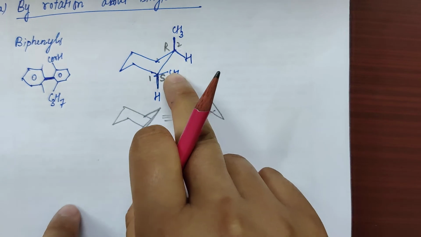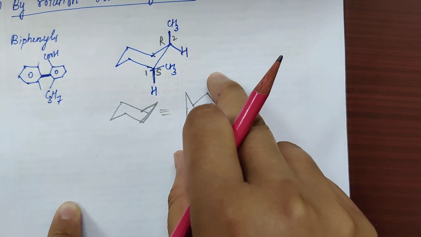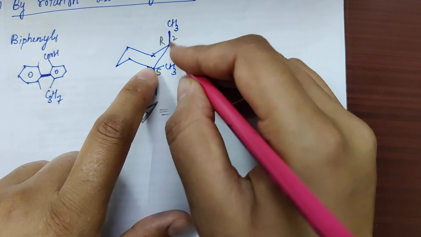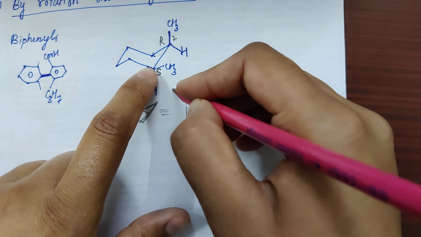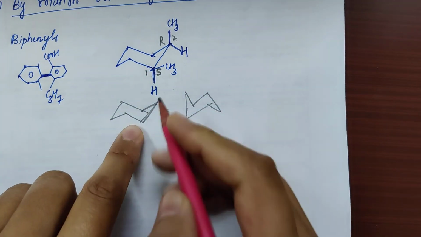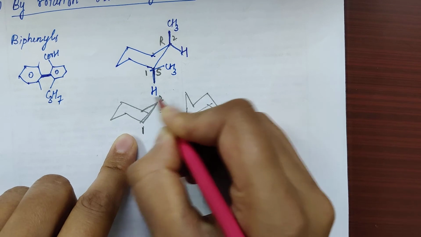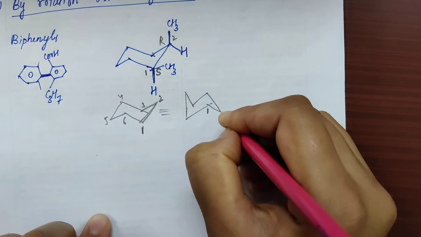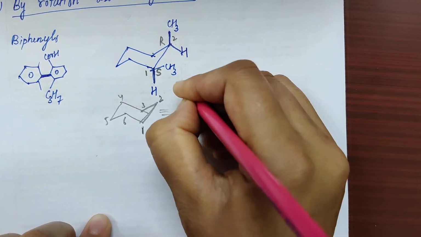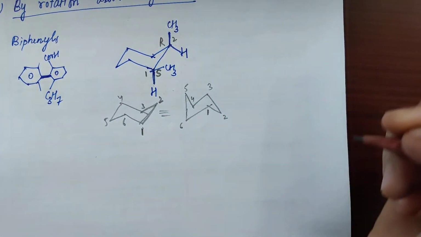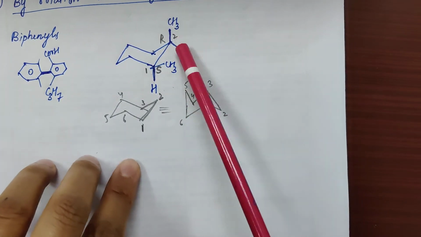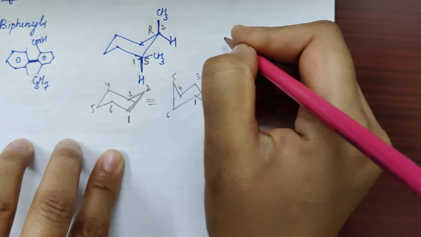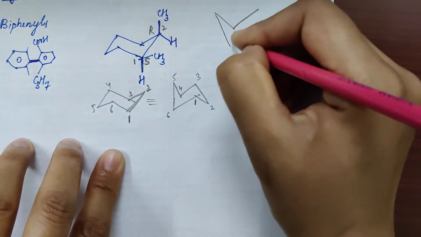If you provide enough energy, this ring will flip, and this carbon will come on this side. मतलब ये जो कार्बन, let's say this is number 1, this is number 2, 3, 4, 5, 6, तो ये कैसे बन जाएंगे, 1, 2, 3, 4, 5, 6, ऐसे कन्वर्जन हो जाता है, ठीक है. तो if we have to write this molecule in its flipped form, तो ये कैसे बनेगा, रिंग फ्लिप होगा और you will get a molecule,